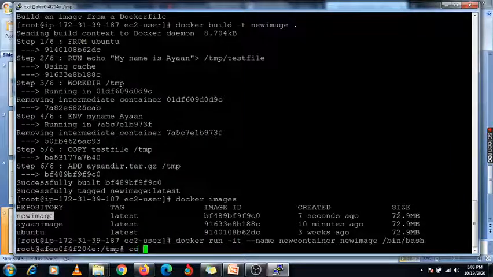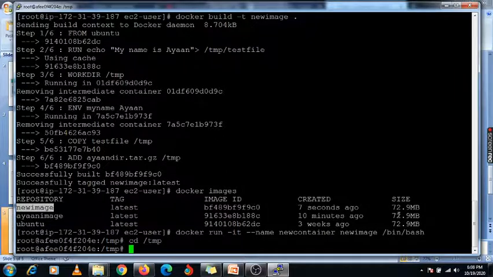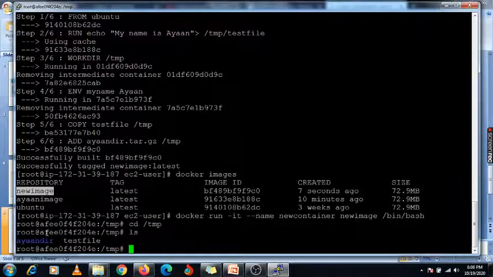So just go under /tmp, just ls it. Here you will get this ion directory. This ion directory, when we added it in this docker file, it was in zip format.